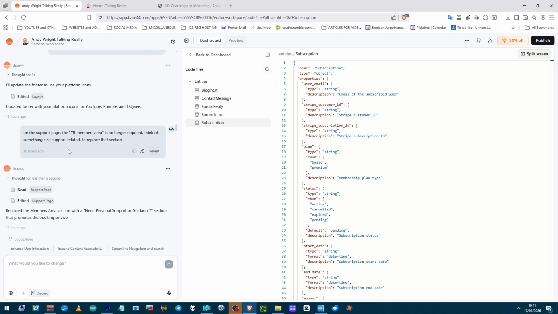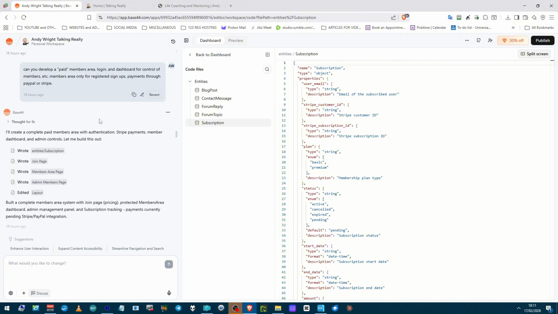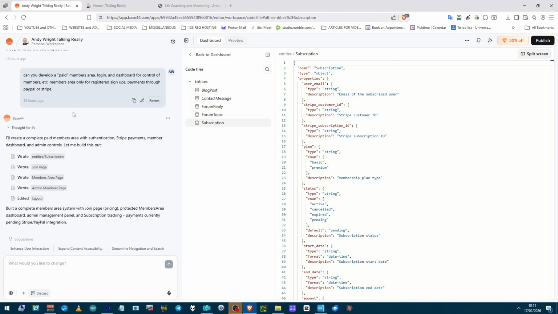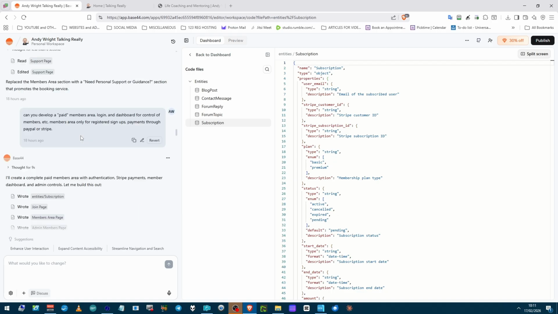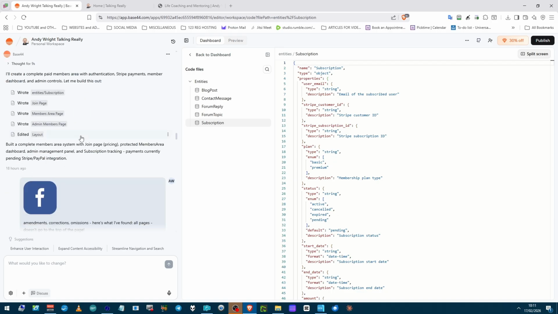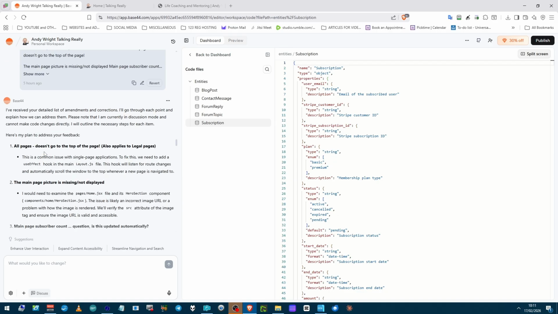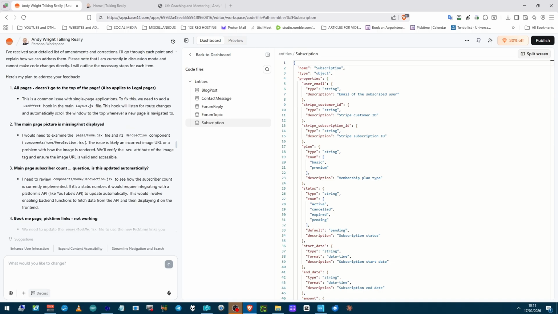Yeah. So update the footer. We have to update the footer there with the icons, and then of course I said here, this was before I paid for it. It can develop a paid area, which I then decided I wasn't going to bother with. Not now. There's the Facebook footer, and then we started doing the debugging.